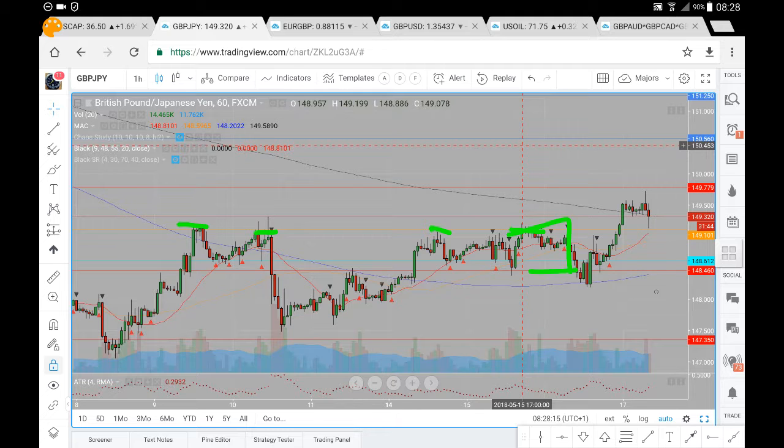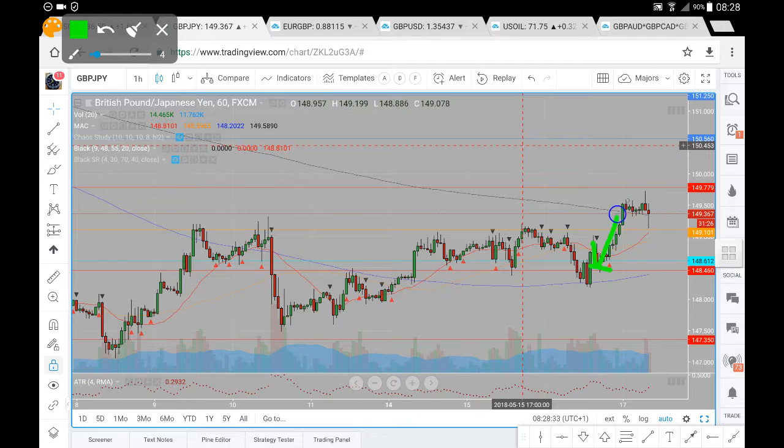Had a brief pullback below the 48.46 all the way down towards this 200 period moving average. Held the 200 period moving average as support. Brief bullish bounce, came pretty close for a test of 49.10. Brief pullback to the 48.46. From this 48.46 we did hold the 48.46 as support, from which we did see the break of this 49.10